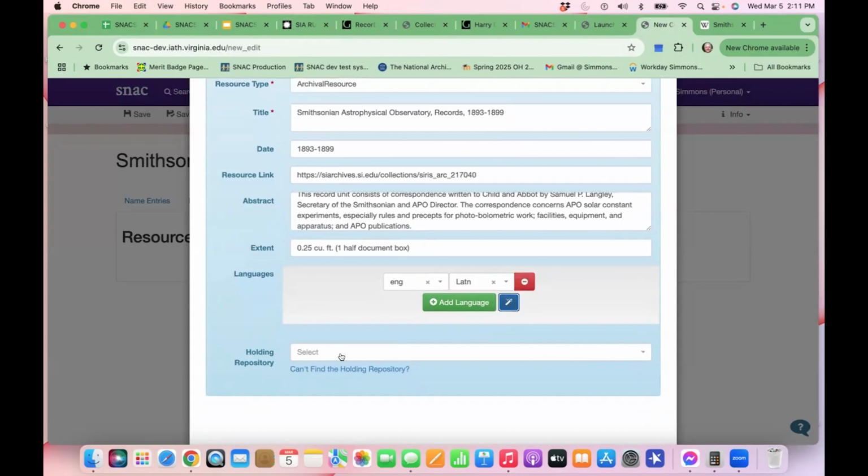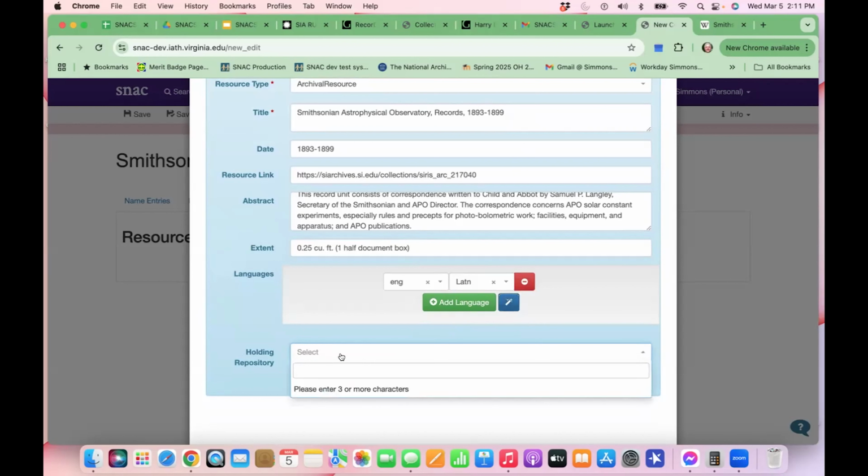And then the holding repository, which becomes very important in the whole discussion about contextual linking through SNAC, because this is not only going to contextually link the observatory to its own records in context, but it's also going to give us a context for where the records are stored and where they're served up. And this one, you simply start searching for Smithsonian